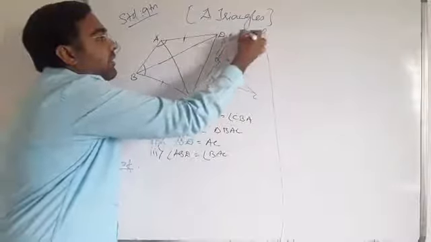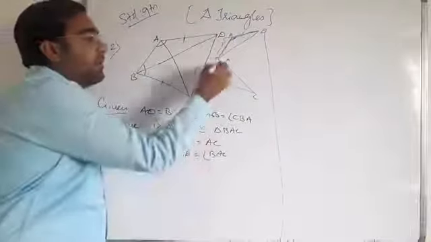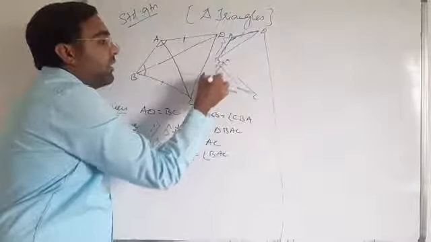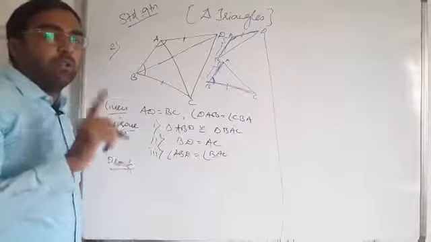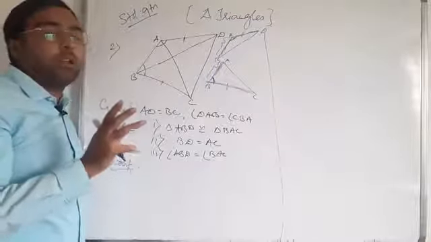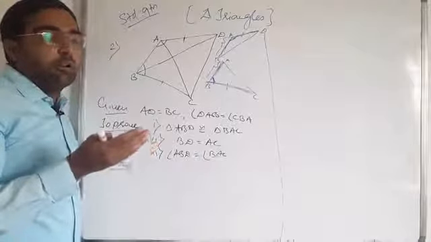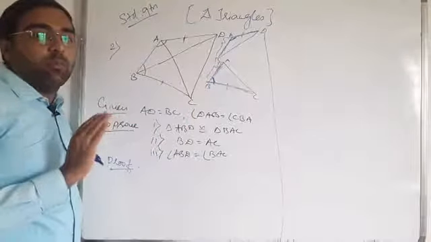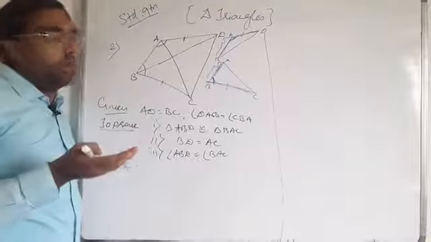side, angle and side. One side is given equal, one angle is given equal, and we are finding the third side, whether it is equal or common in both triangles. So we are seeing that AB and AB in both of the triangles are equal, and both of them are common to both triangles. So we can take both of them as equal.